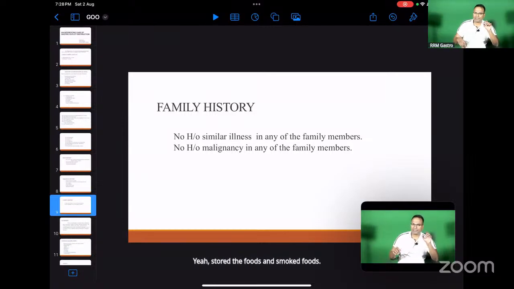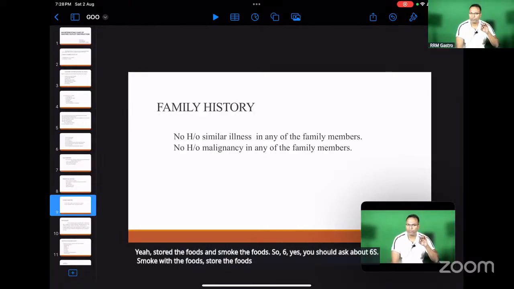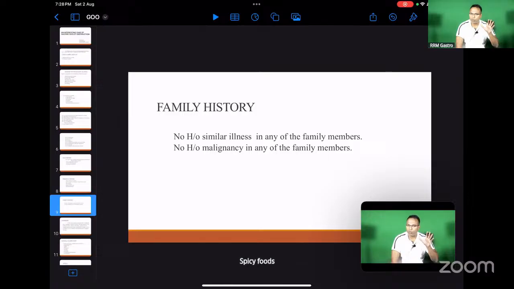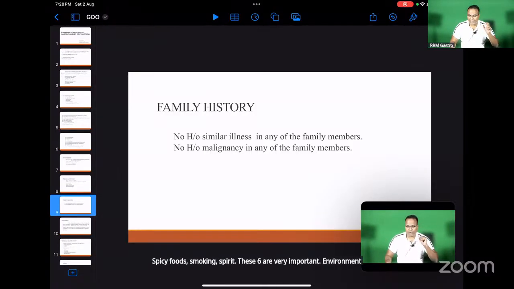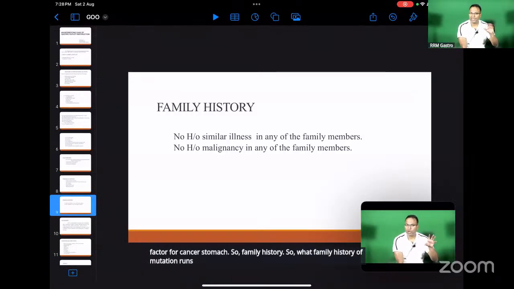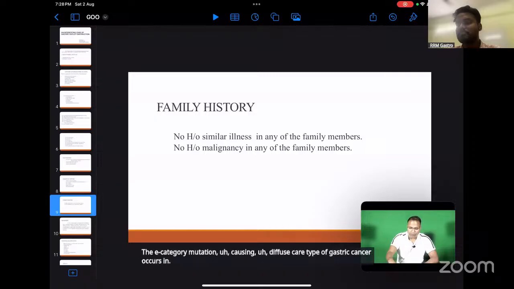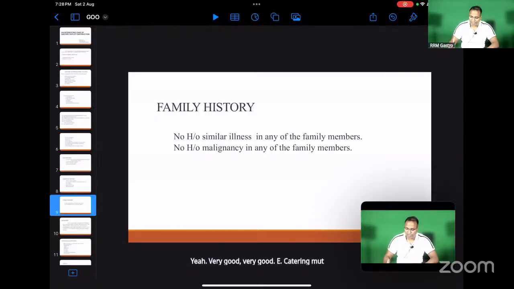So 6 yes, you should ask about: smoked foods, stored foods, salted foods, spicy foods, smoking, spirit. These 6 are very important environmental risk factors for cancer stomach. So family history. What family history of mutation runs in families causing cancer stomach? E-cadherin mutation causing diffuse type of gastric cancer occurs. Very good. E-cadherin mutation runs in families causing hereditary